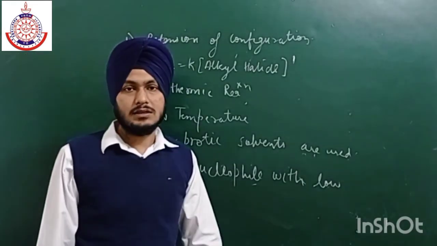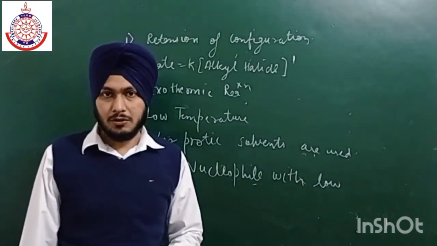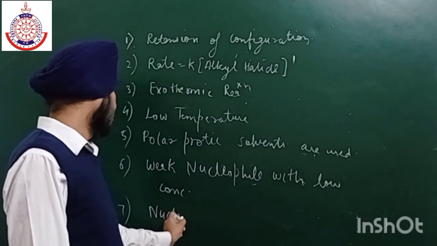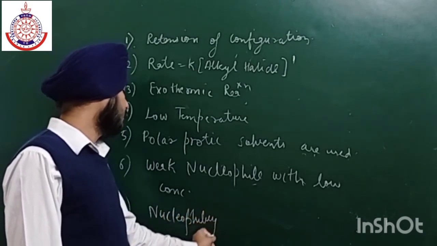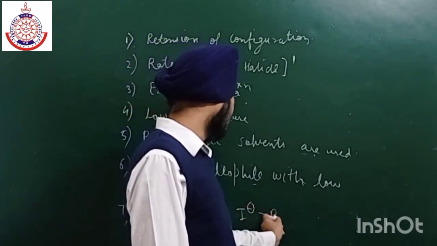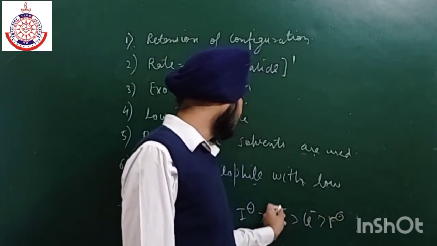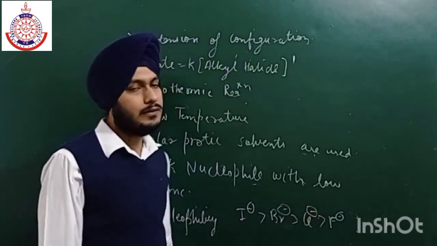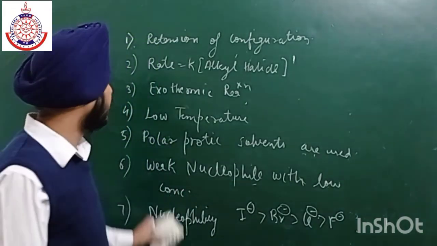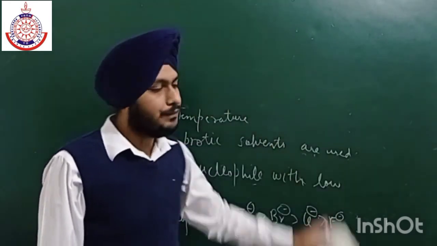Now one more thing I want to discuss for both SN1 and SN2 is that the rate also depends upon the leaving group. It depends upon its leaving ability, and we all know the order is: I negative leaves more readily than Br negative, then Cl negative, then F negative. F negative does not leave easily at all. So I negative gives nucleophilic substitution reactions, both SN1 and SN2, more quickly as compared to Br negative, Cl negative, and F negative.